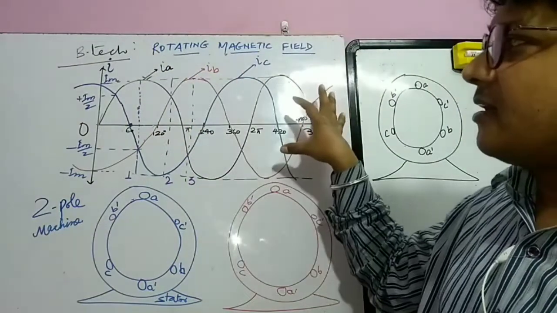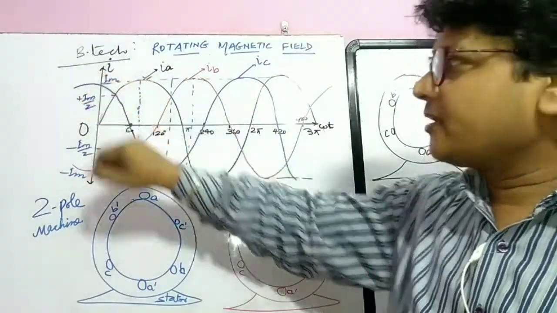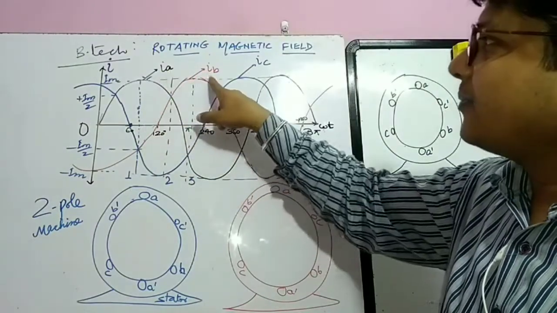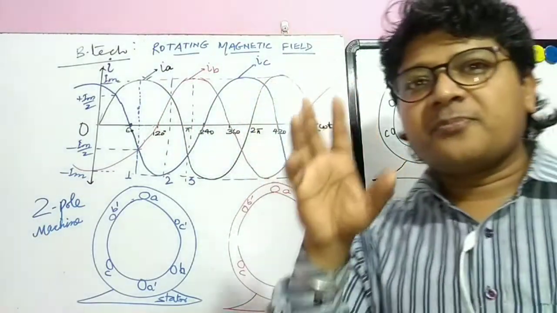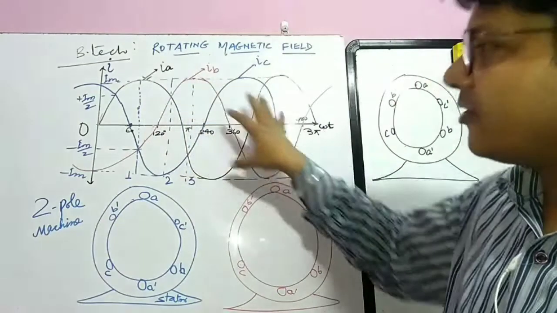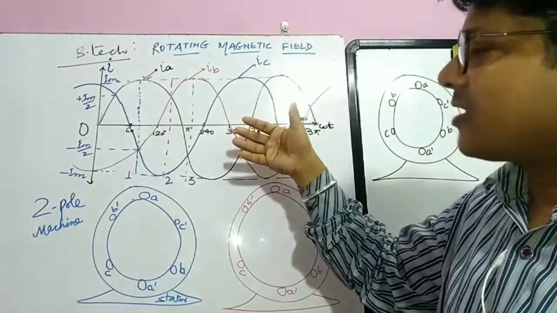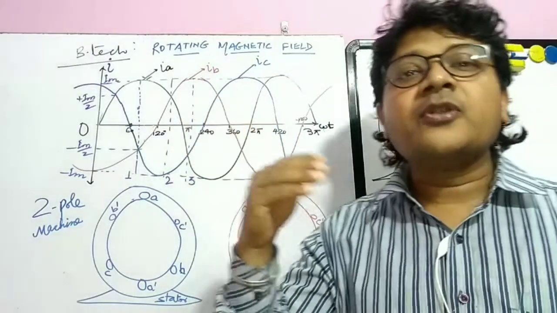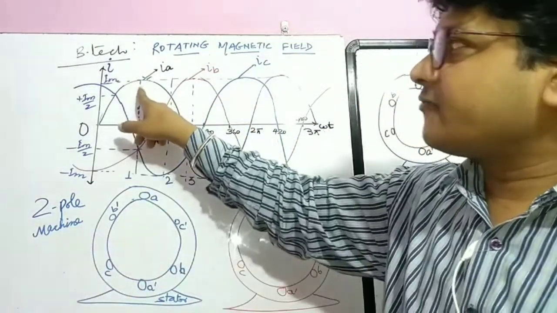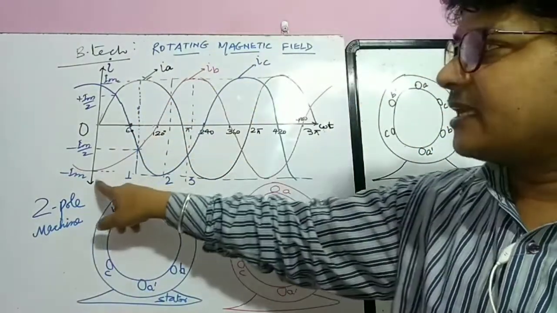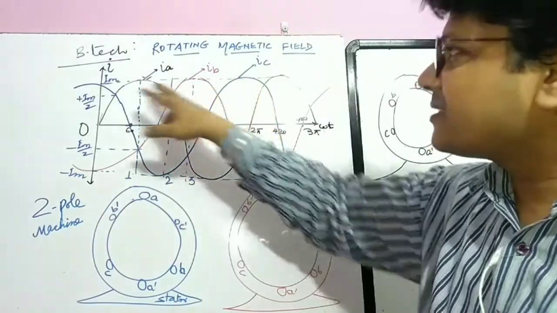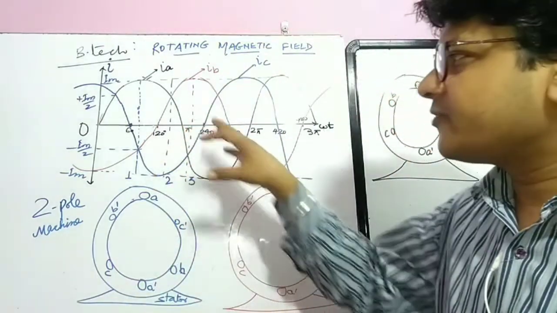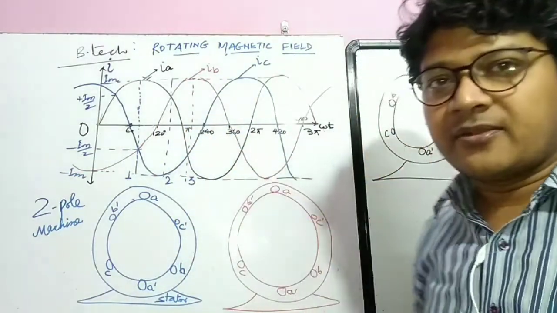This is the three-phase circuit I have taken. Three-phase supply, with phases IA, IB and IC. Just to save time, I have plotted the waveform, and these three phase currents IA, IB and IC are at 120 degrees. IA is the reference phasor, IB is lagging by 120 degrees and IC is leading by 120 degrees. So all three phases are 120 degrees apart.